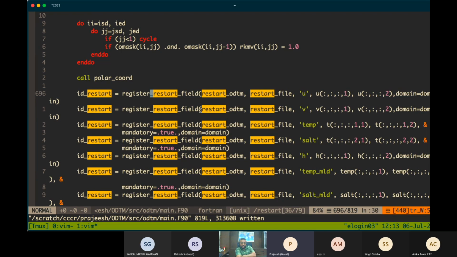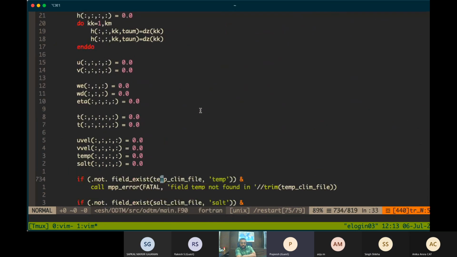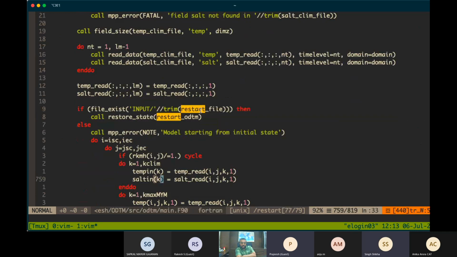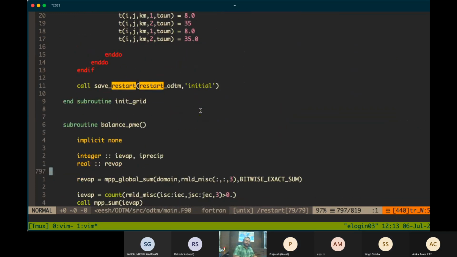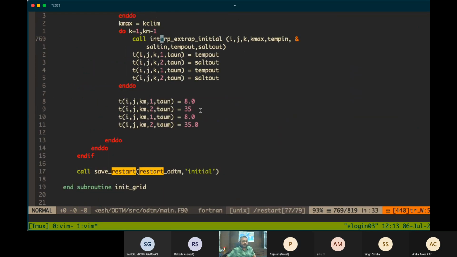Just by doing this, register restart field and then calling save restart. Okay.